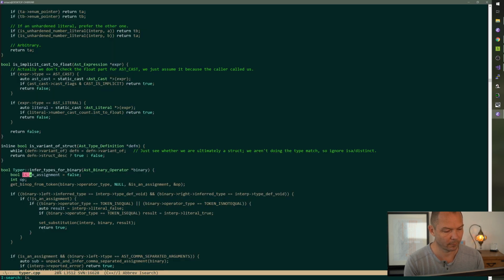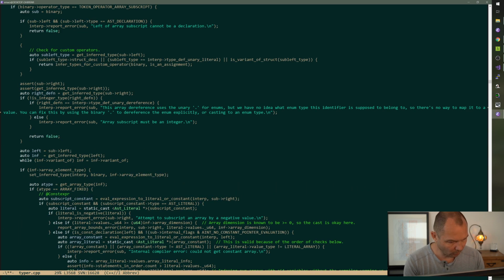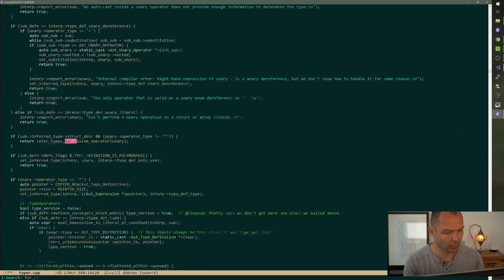Okay. So array subscript for custom operator.